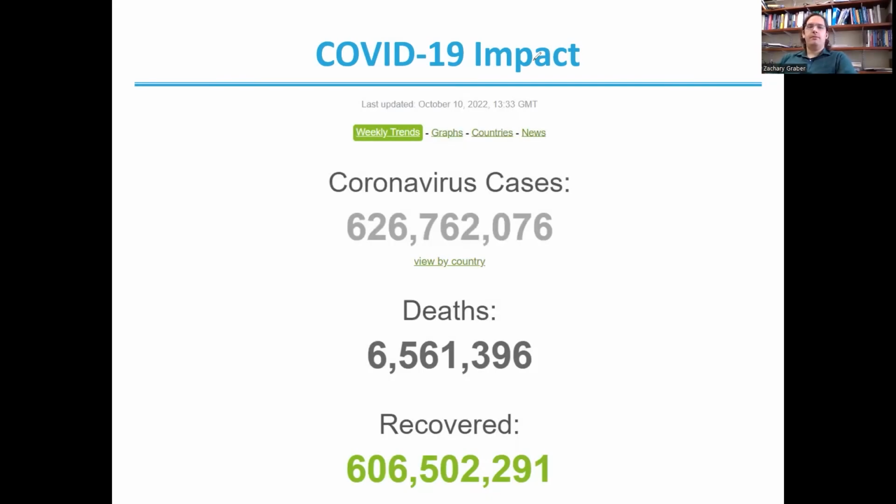COVID-19 has had a significant impact on our world over the past few years. Now, of course, the most direct and tragic impact is through the number of lives that have been lost due to this pandemic. But even those that have recovered from COVID-19 will also experience long-term effects from their illness. Additionally, we have larger societal changes, such as an increase in mental health concerns, as well as changes in education